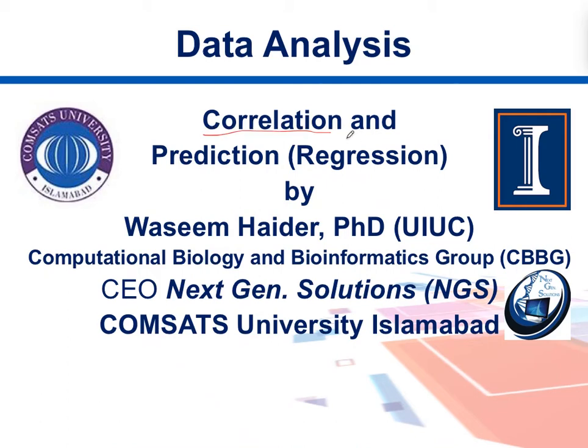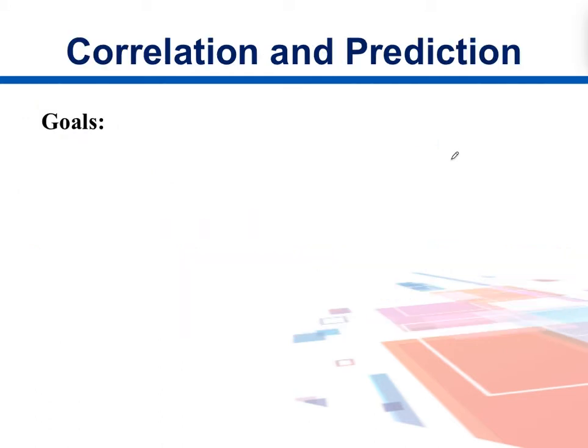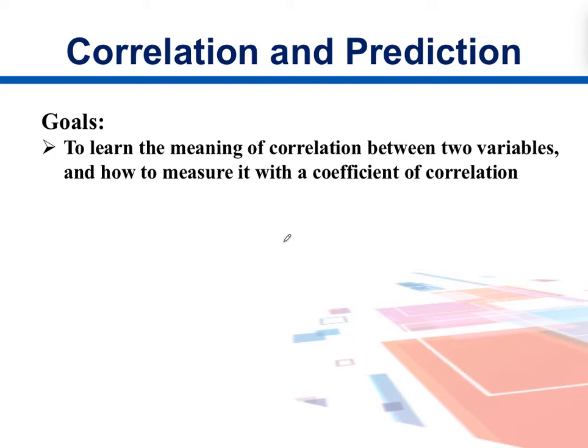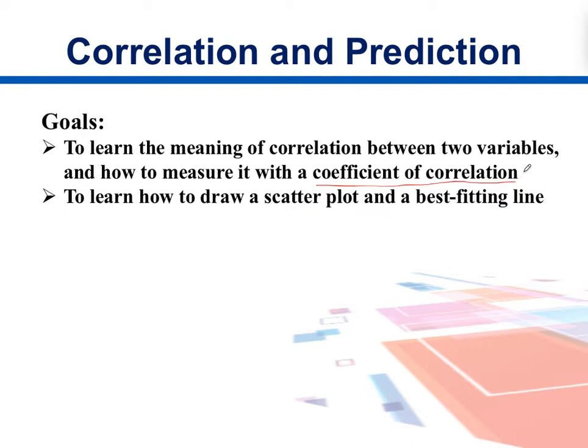Correlation and prediction, that's also called regression. The goals of this section are to learn the meaning of correlation between two variables and how to measure it with the coefficient of correlation, and to learn how to draw a scatter plot